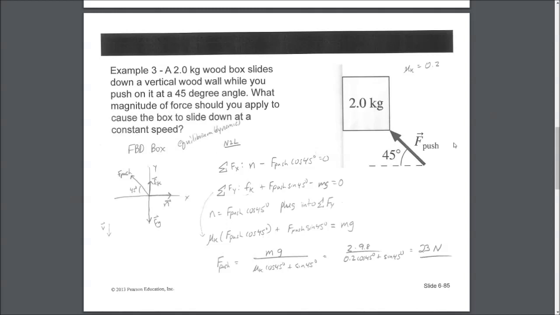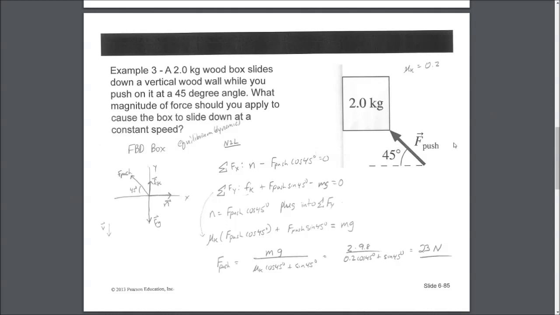This box could either be accelerating downward, it could be moving down at a constant speed, it could be moving up at a constant speed too, by the way. It could absolutely be moving up at a constant speed here. You have to just maintain the same situation, right? In fact, when you look at this, moving downward,